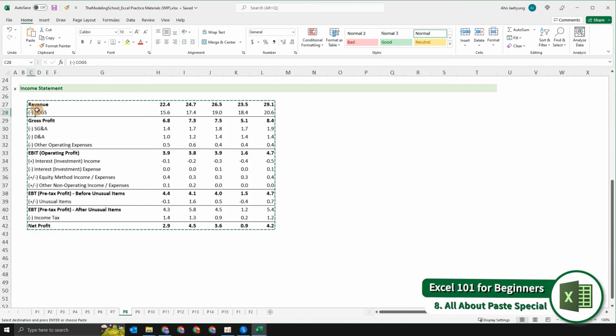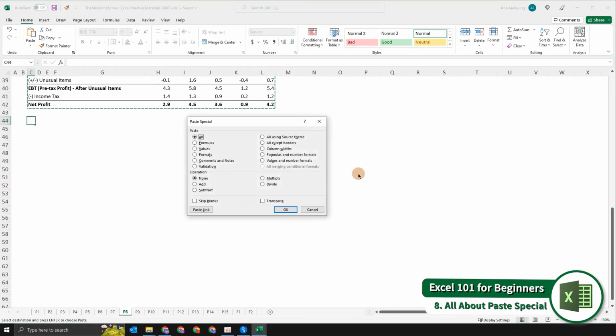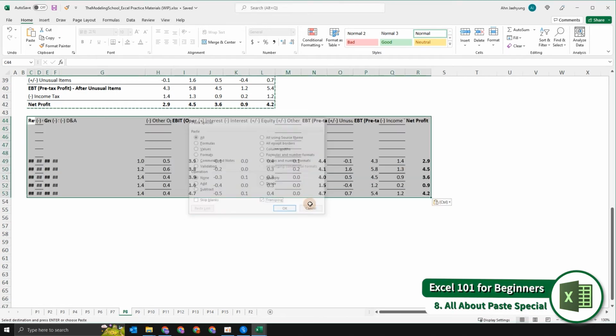We selected this data set. Again, Alt ES, and you want to press E for transpose. So you see a little underline under the alphabet E, and if you press enter,